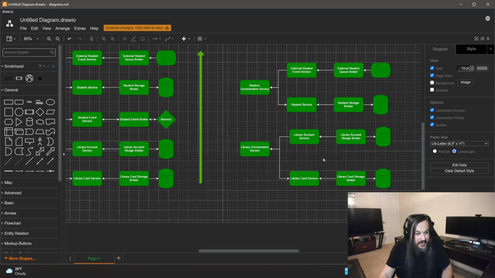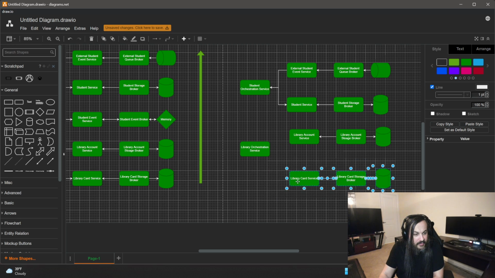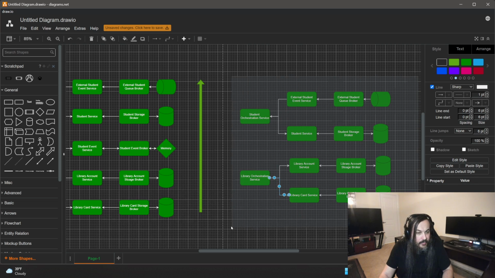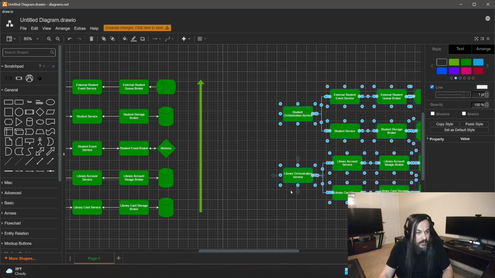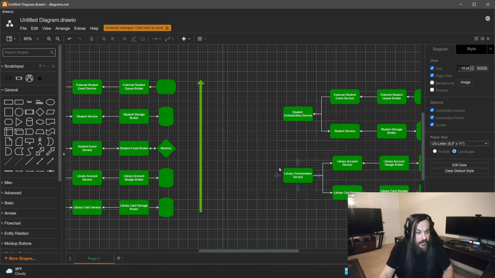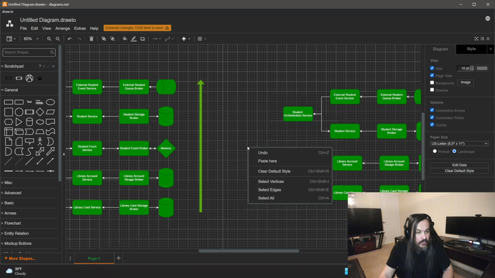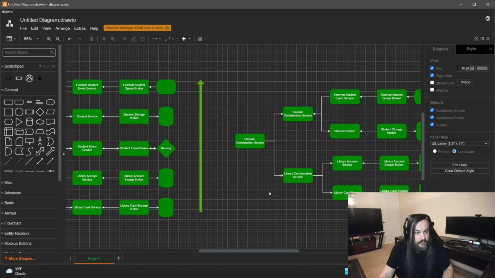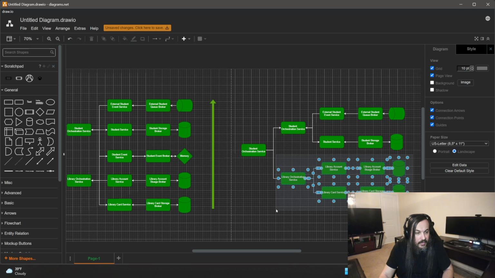So there's this guy, and then in here basically you have this guy like this, and then sitting on top of both of these you have a coordination service, which is the one that we completely got rid of in favor of a vertical scale, just like that.